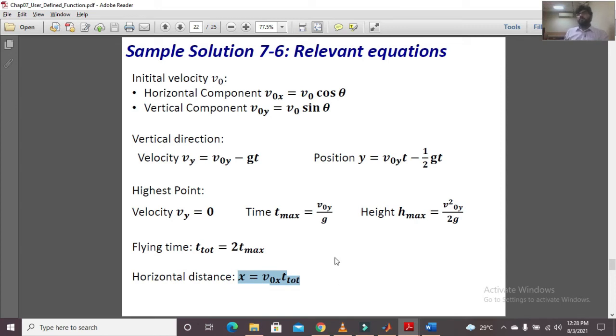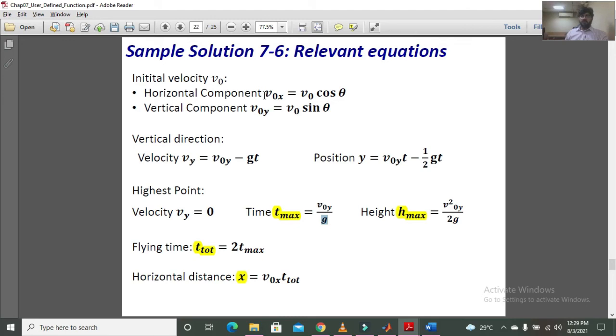In order to calculate these four things, maximum time, maximum height, total time, and the maximum distance, we need the y component, the x component, and the gravitational acceleration. These are the three things which we need.